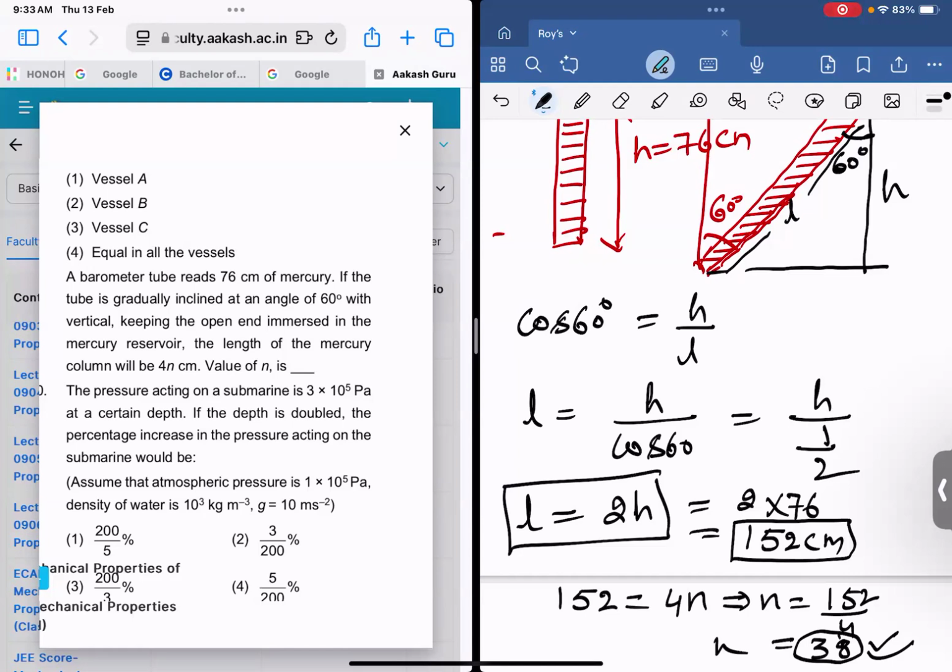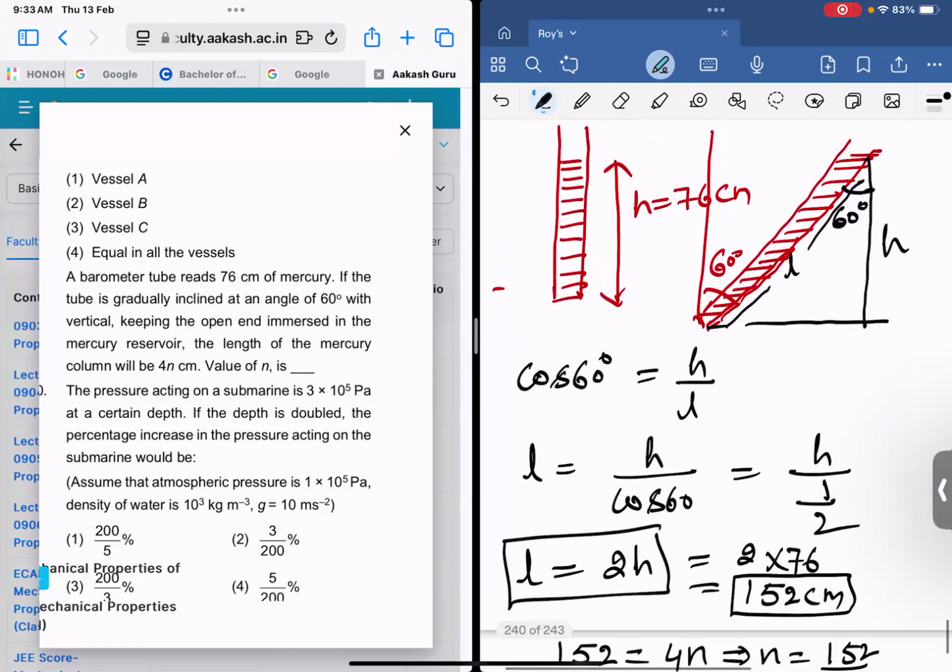कंसेप्ट समझ में आया इसके पीछे नील? हाँ सर, समझ में आया।